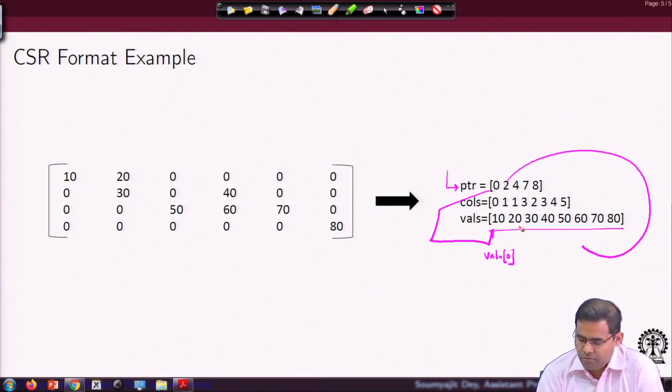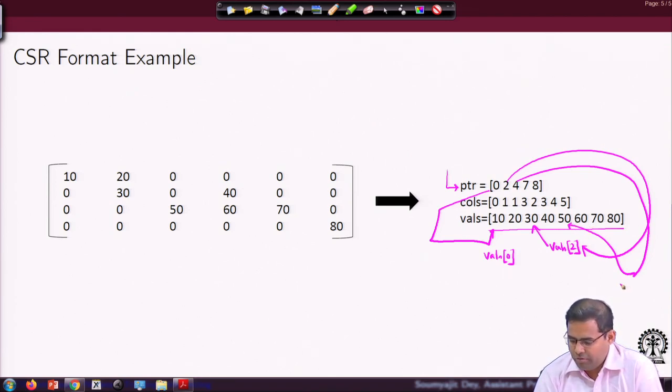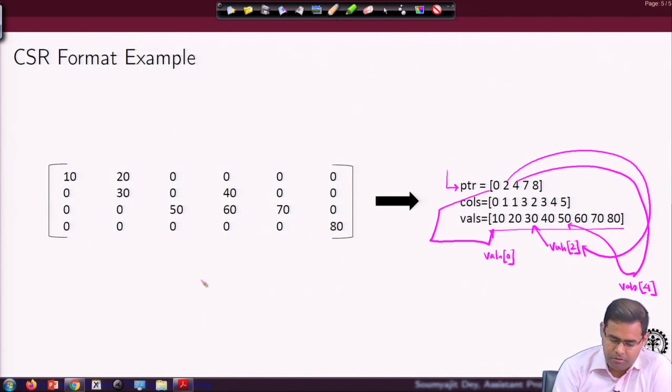This means you start looking for the entry in vals 2, and so on and so forth. Then 4 means you start looking for the entry in vals 4, like this, right. So, if we now try and construct this thing.